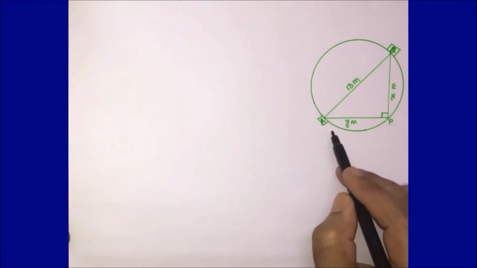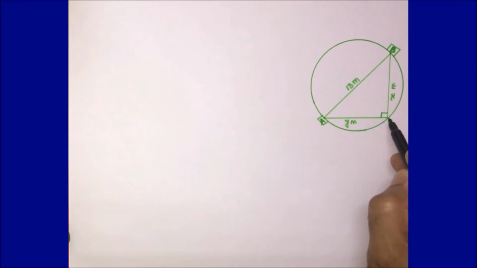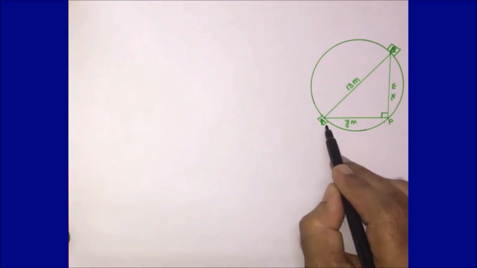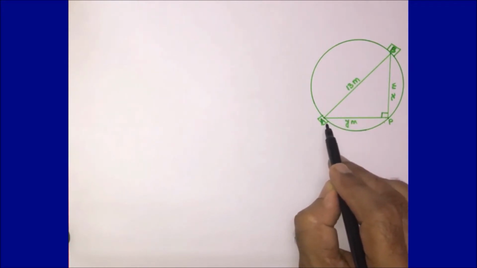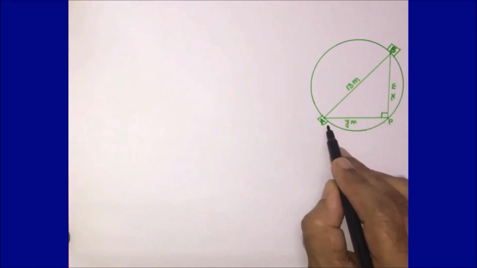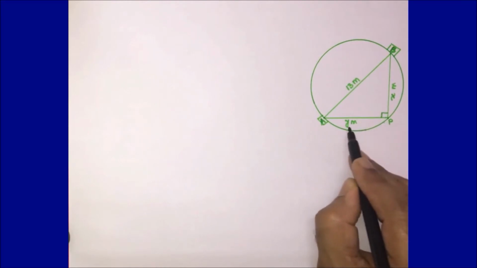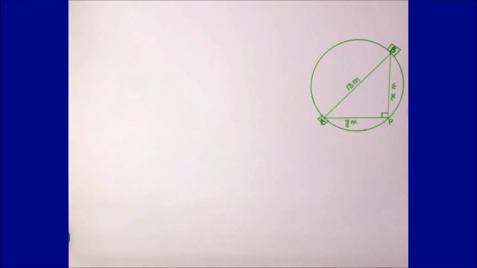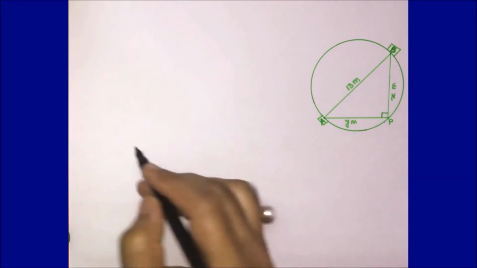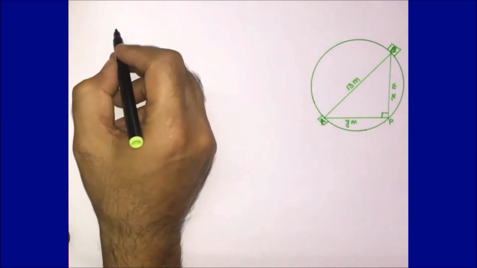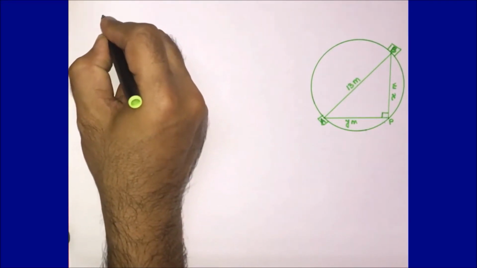And if P is the point here on the circular path, then we are getting a triangular shape APB, and the distance between A and P, let it be y meters, and the distance between P and B be x meters. So guys, now let us see what exactly we are doing and how we are moving ahead. Let me write it down here.